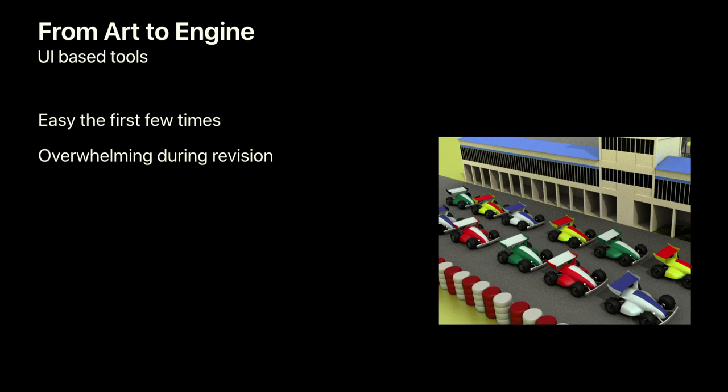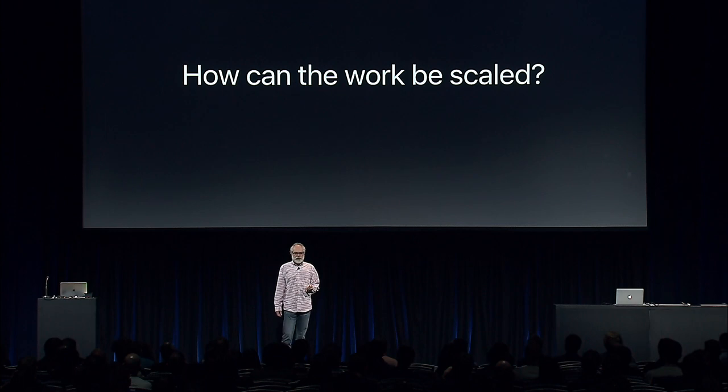Now, it's pretty tempting to make a nice little UI-based tool, so maybe some drag and drop and lots of things to click and slide around and so on and so forth. And it's going to be fun to build that tool, and it's going to be fun to use the first few times. But then I did my first car, and then the artist gave me 12 more cars. And it's like, really? I have to drag all of them in, and I have to click all of those buttons again and again and again? That kind of a tool becomes overwhelming pretty quickly. What we're going to talk about is how to scale that work